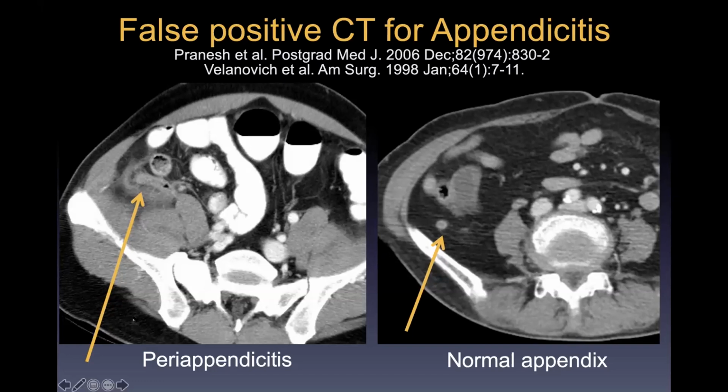But this other case, labeled periappendicitis. Periappendicitis is a pathologic entity where you see inflammation and fibrosis surrounding the appendix, but the appendix itself is not inflamed. But every time I see something that looks like this at CT, I'm going to call it appendicitis, and this is an area where I don't mind making the overcall. So sometimes overcalls are valid. We don't want to miss a case of appendicitis.